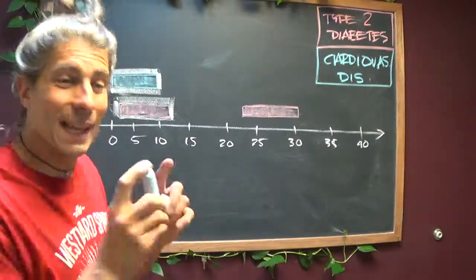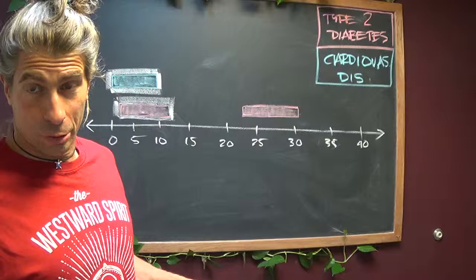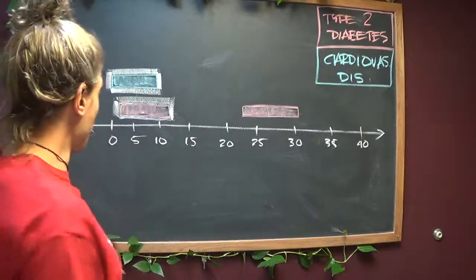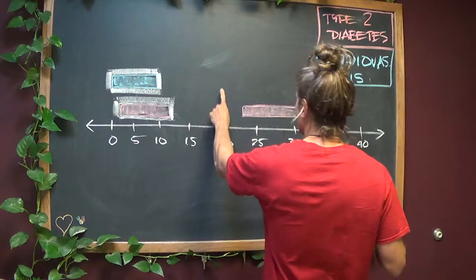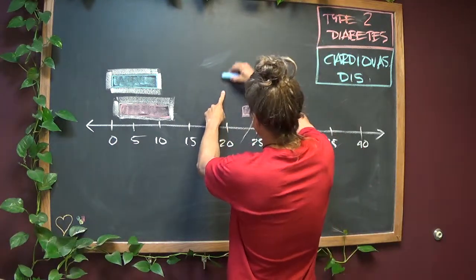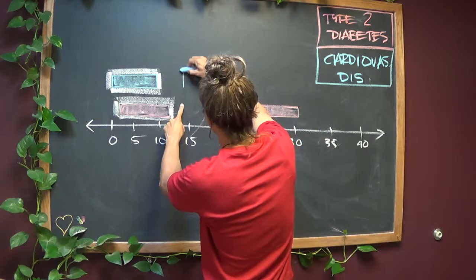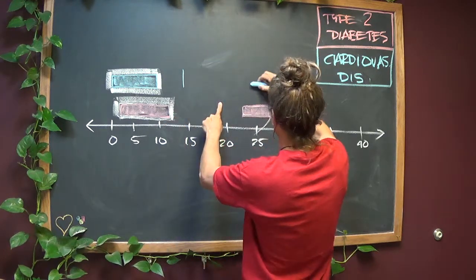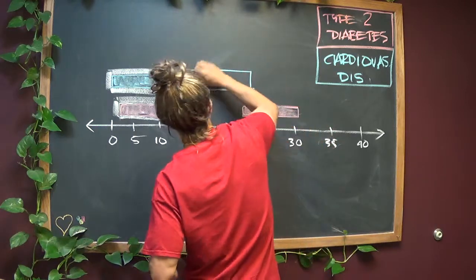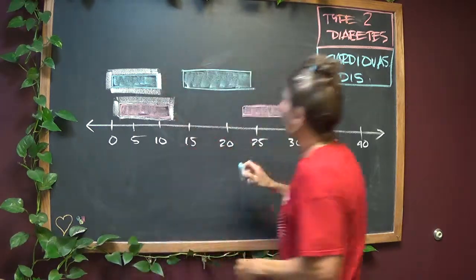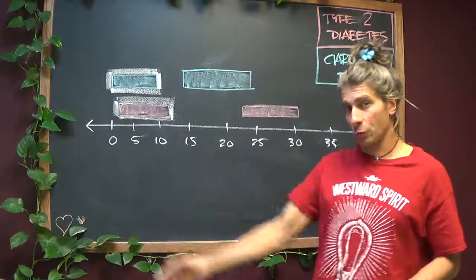It's 15% higher with every additional 2 hours of TV per day. So if we take 15 plus the 4, we get 19. It's going to be right around here. But 19 down 5 is going to be right around 14. And then 19 up 5 is up at 24. So that is going to be your confidence interval for chance of cardiovascular disease with an additional 2 hours of